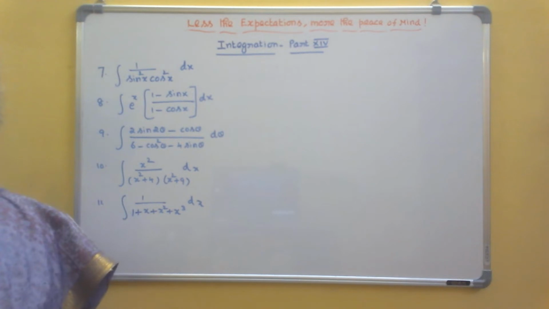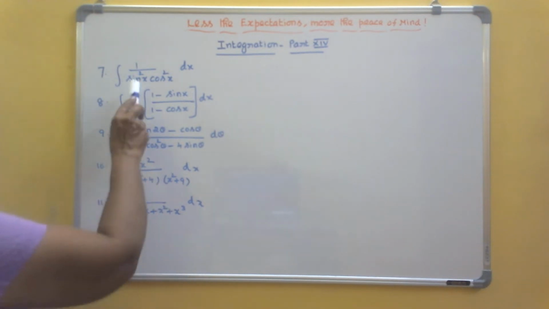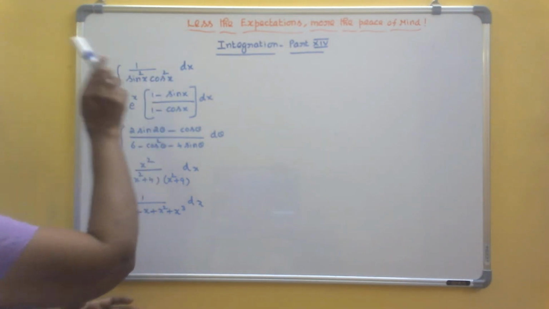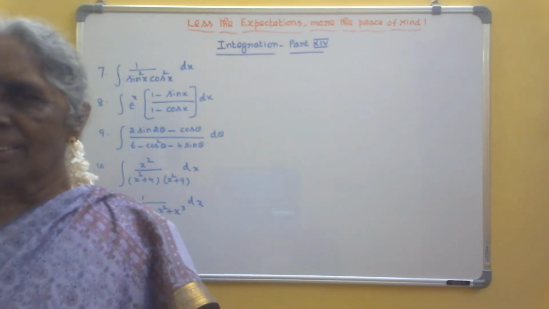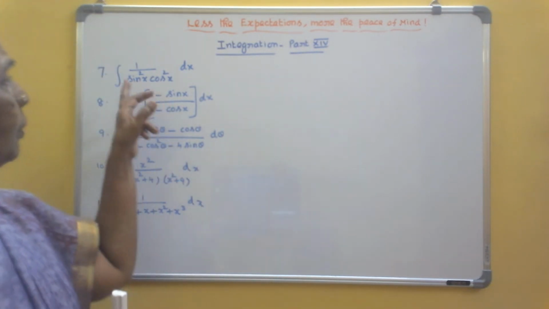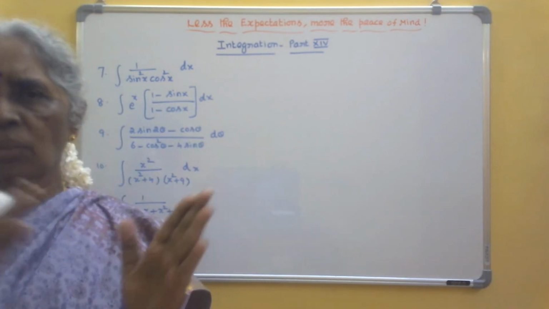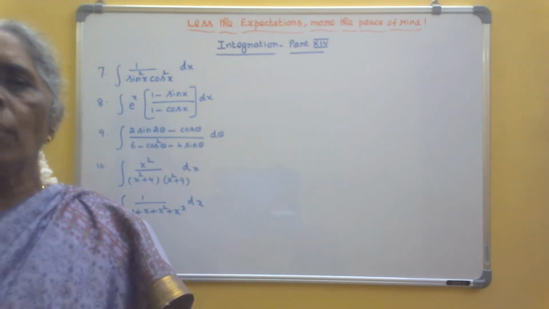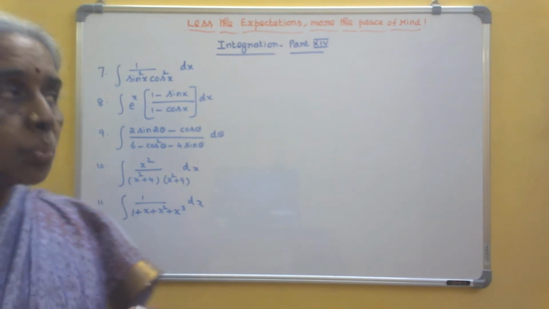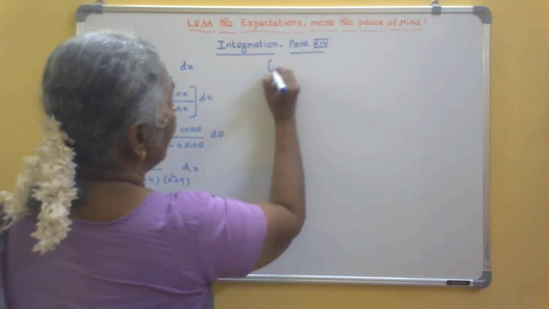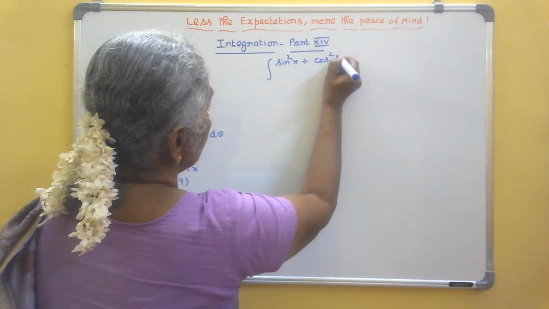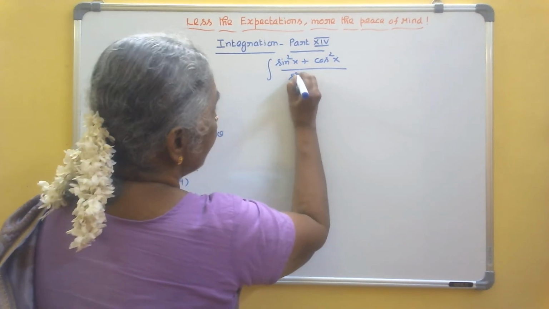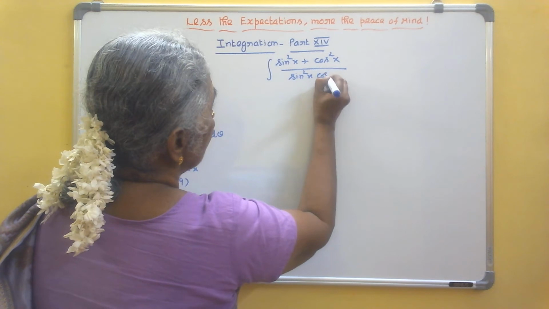7th sum. Integral 1 by sin squared x cos squared x dx. You cannot immediately identify it, right? Now, here you can see a product of sin squared and cos squared. In the numerator, you are having 1. So, you can write the numerator as sin squared x plus cos squared x by sin squared x cos squared